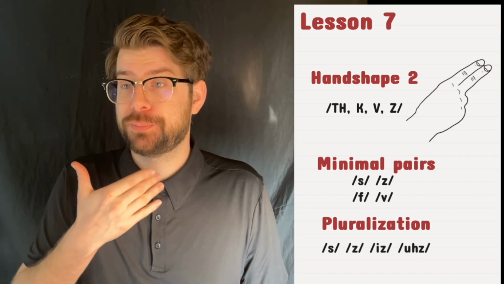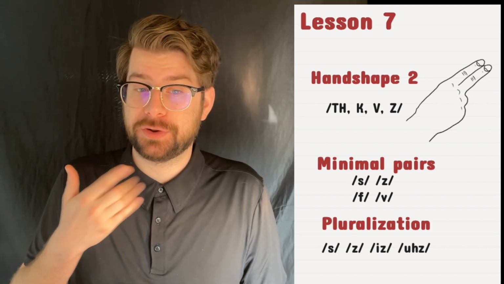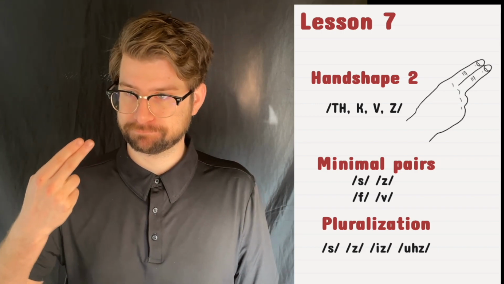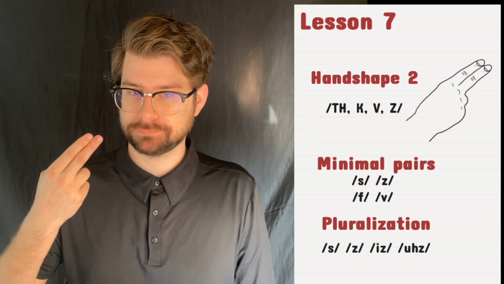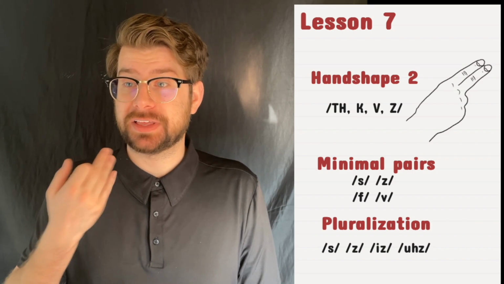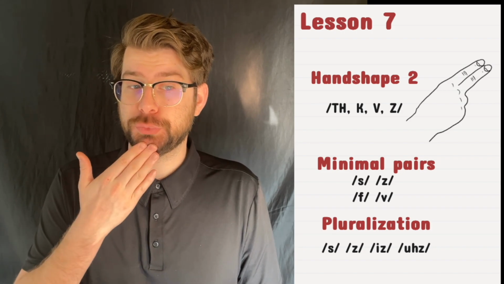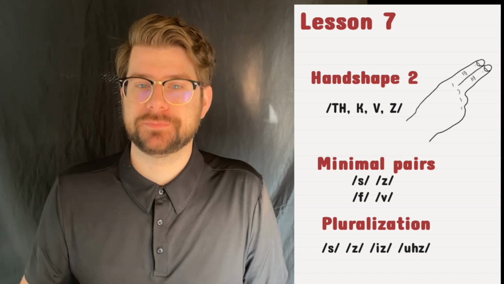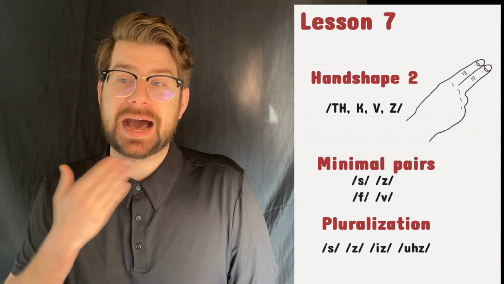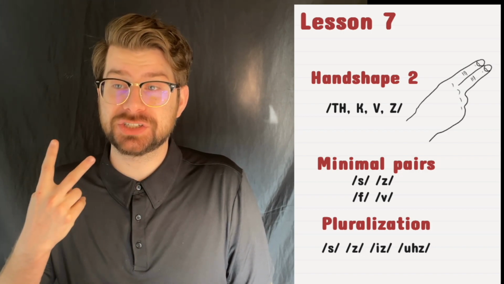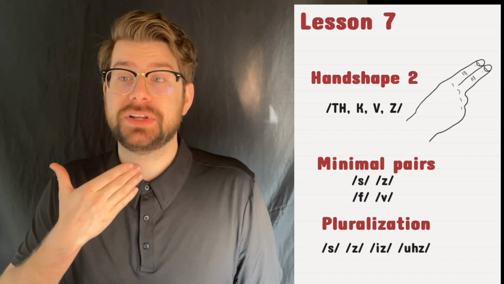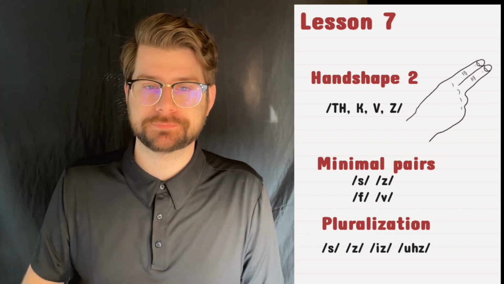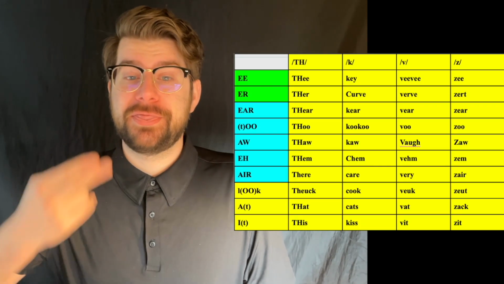So you will have your pointer finger and your middle finger together and all your other fingers tucked in. The cue notation for this is hand shape 2. So let's get right into it. And you'll see that I write voiced th, the th sound in the, with a capital th. So we have the,